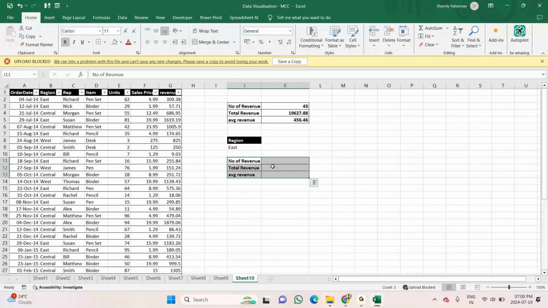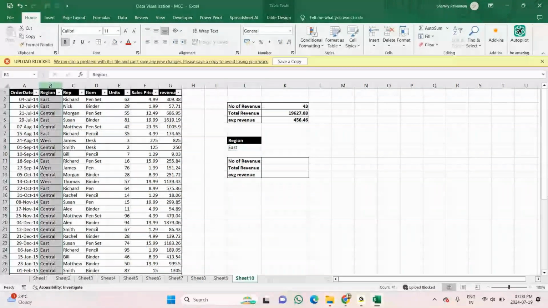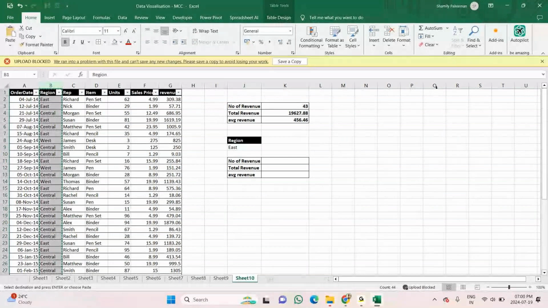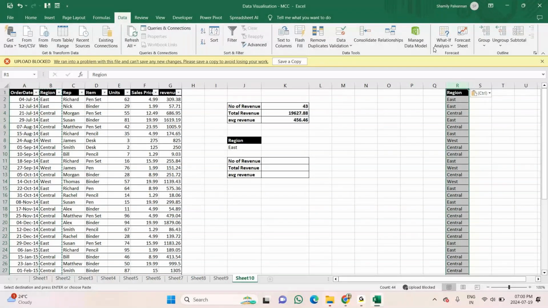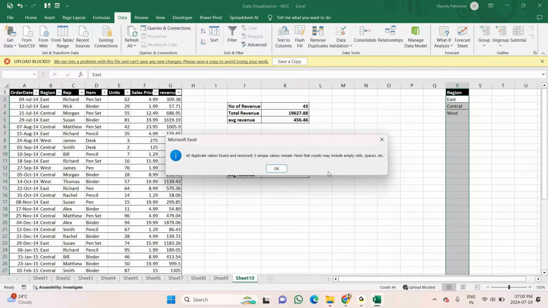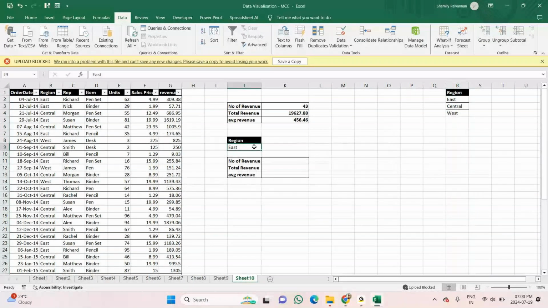So suppose here what I will do, let me take one more thing. I'll copy this region and I am going to paste it here. Go for the data tab and I will remove the duplication. Okay. So now here in the east column, I'm clicking here. Observe this. After removing duplicates, I got these values. I'm placing my cursor here, going for the data validation.